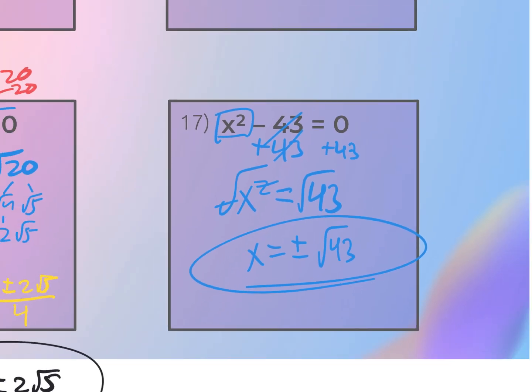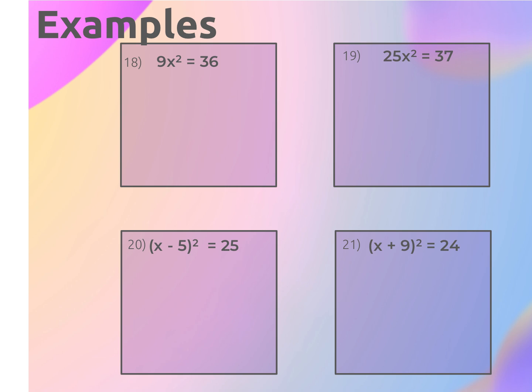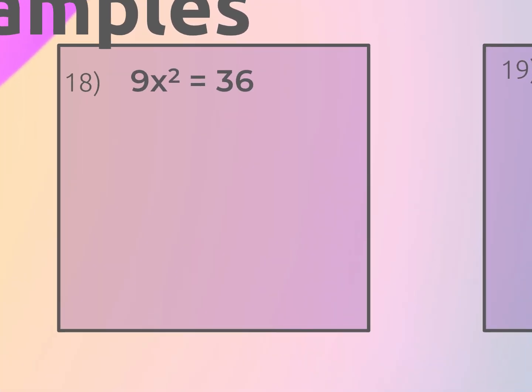That's the easiest way to solve this. All right, let's keep going. Something like number 18, right? Following along the theme of taking the square root, we want to get the x squared by itself. To get the x squared by itself, we want to divide by this 9 out front. Divide by 9, divide by 9. And then once we do that, this 9 goes away, then we get x squared equals 36 divided by 9